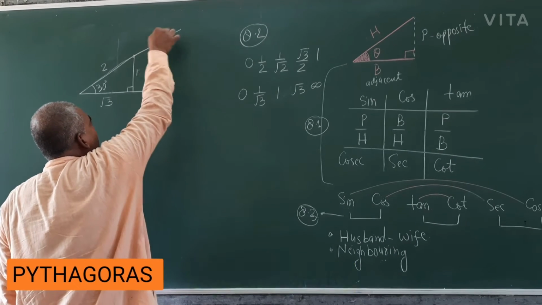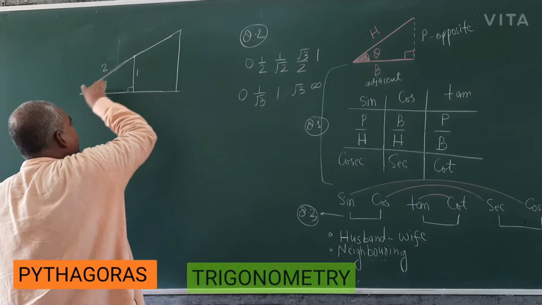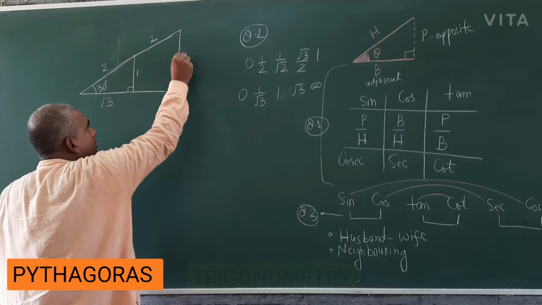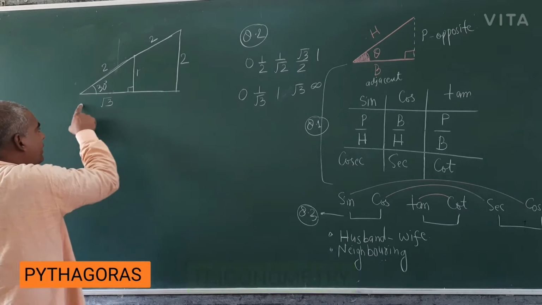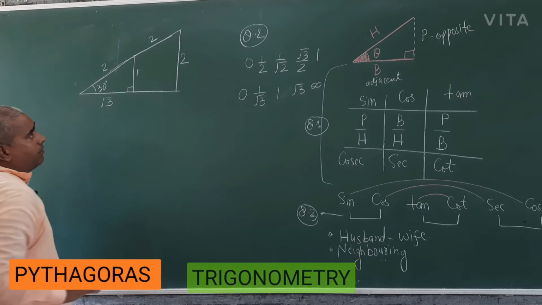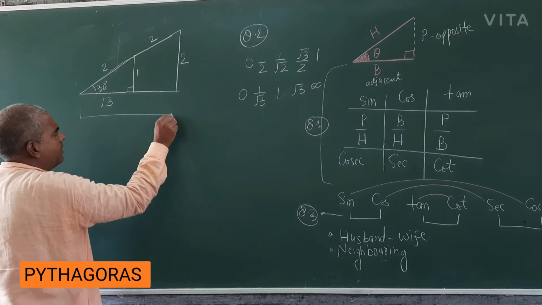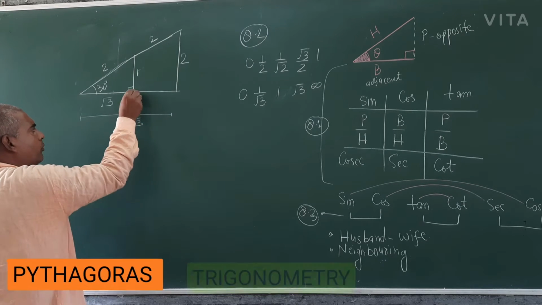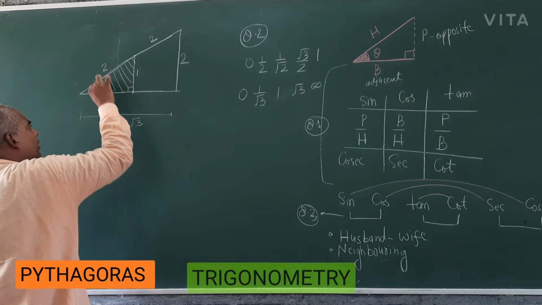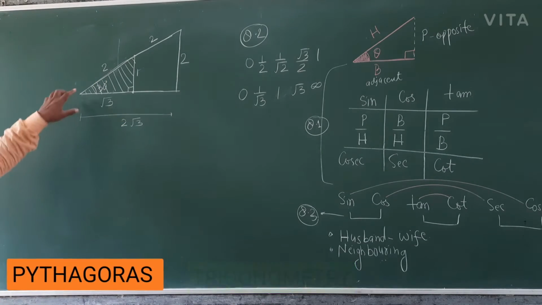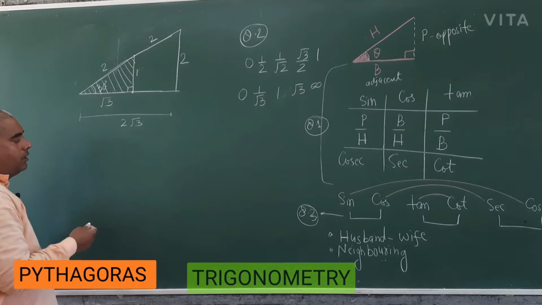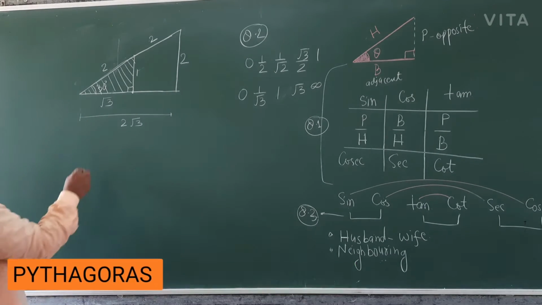Suppose I take it 2 to the 4. If this was the 2, I take it 4, 2 again. So this will be 1 and 1. This will be 2 times. And this one, new will be 2 times of root 3. Means all the sides are doubled. I have taken a special, this was the 2, under root 3, and root 3 was only this one. So this is the unit triangle for the trigonometry. I have taken for example. So in chapter number 6, that was the basic proportionality theorem, like that.